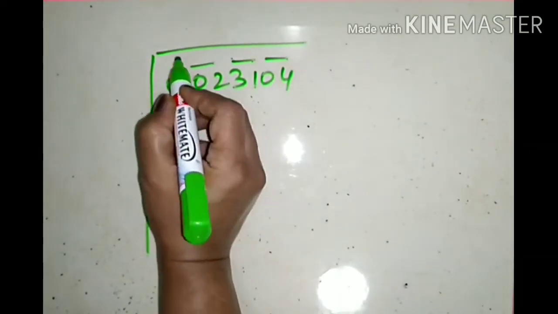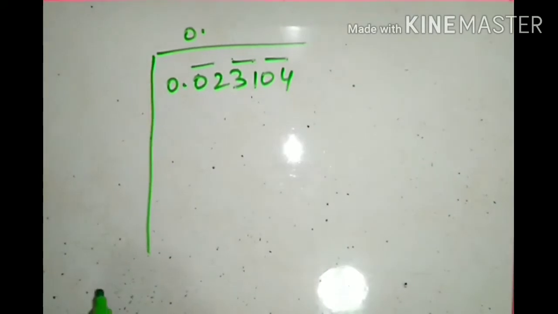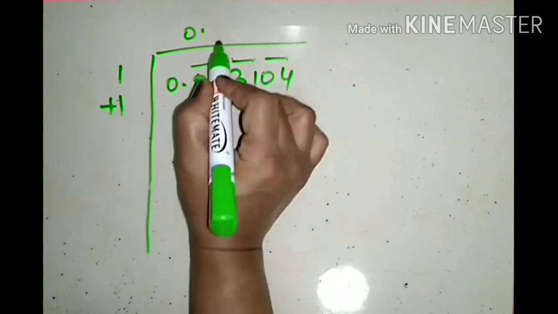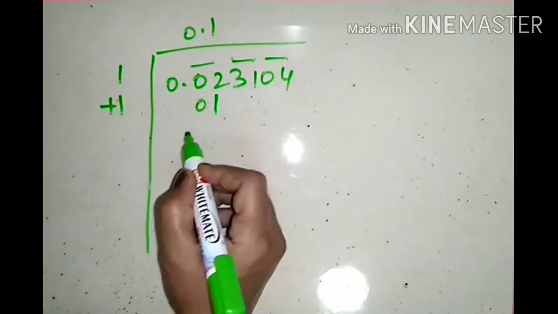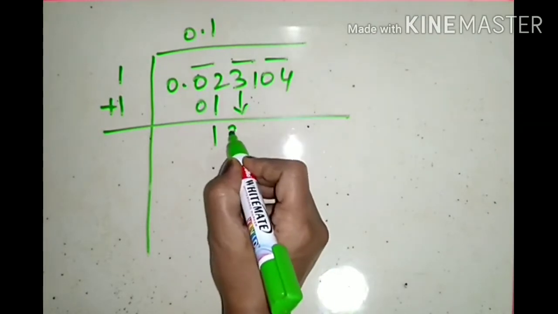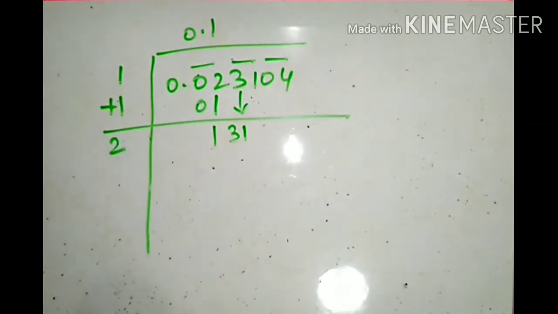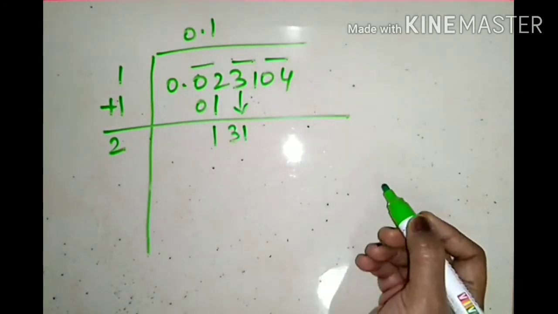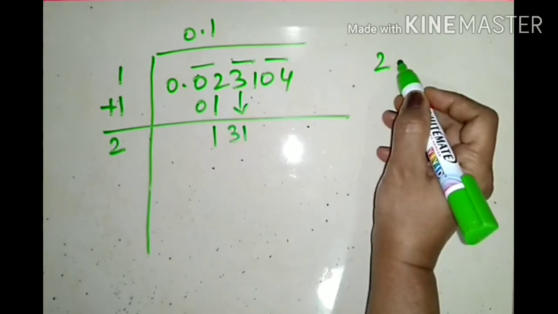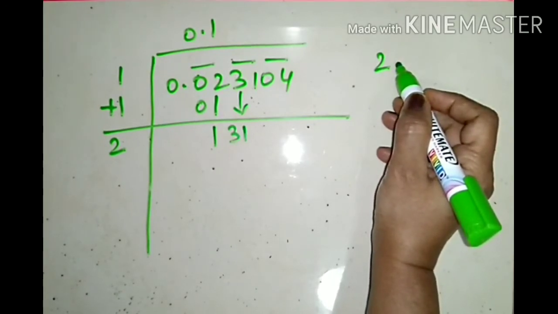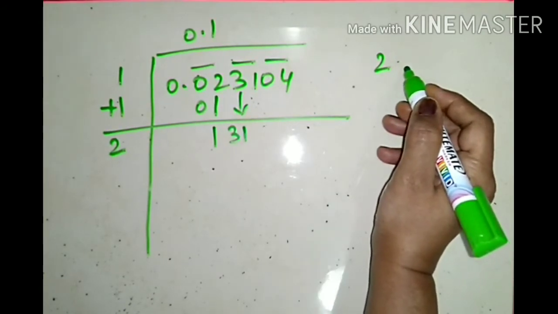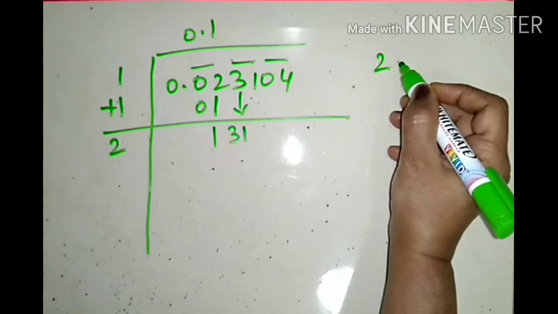For 0.02 we will write 0.1. 1 1s are 1 only. We will use 1 1 1 year, 0 1 year. We'll subtract, we have 1, we will bring this 31 down, we have 2 here. Now we have to write 2 2 1, 21 into 1, 22 into 2 will give us 44, 23 into 3 is 69, 24 into 4 will give us 96, and